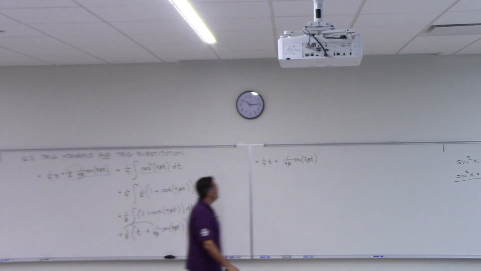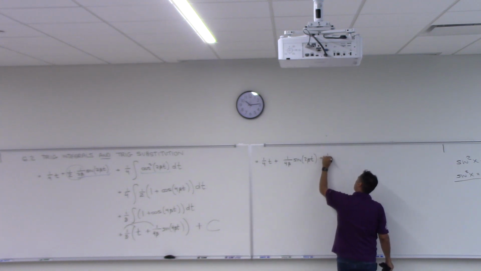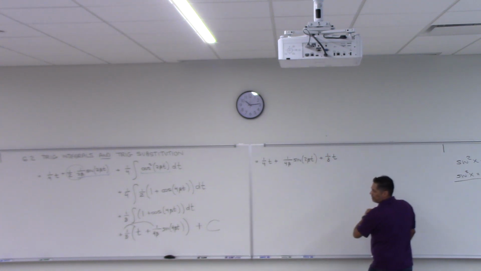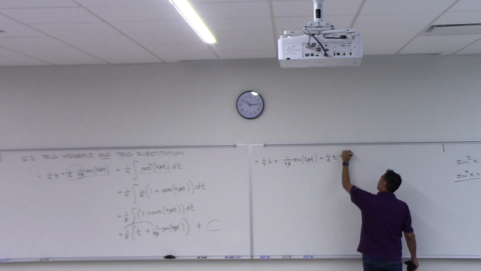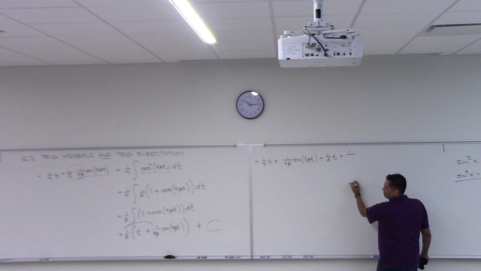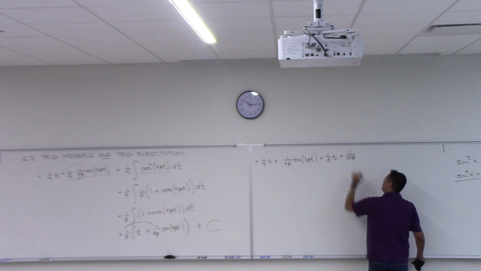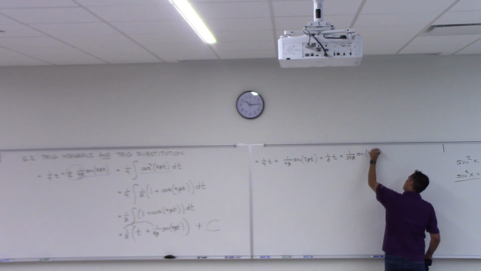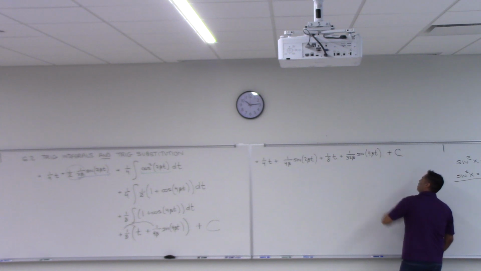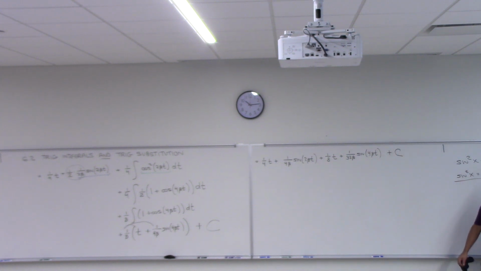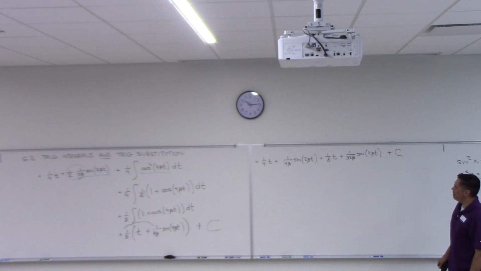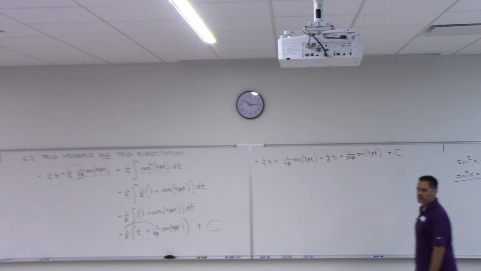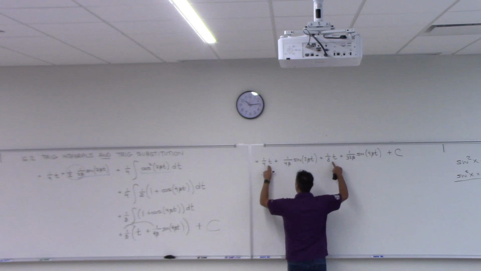So 1/8 t plus 1/8 t and plus 1 over what? 32 beta on the bottom, sine of 4 beta t, plus some constant. One more step. I can combine what together? The t's. I have 1/4 t plus 1/8 t. That's 3/8 t. So 3/8 t plus 1